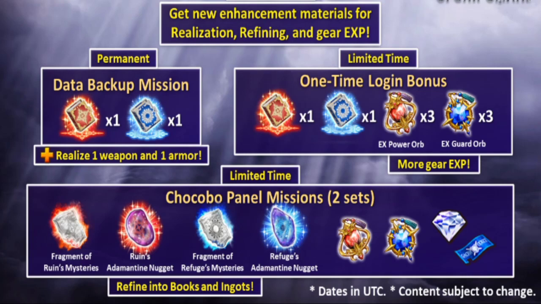That's also why I have currently in my global account nearly 9,999 power orbs and guard orbs, 4-star, for the EX Plus era. I've been super grinding. There will also be chocobo missions for pages and nuggets and orbs and diamonds and tickets like usual. But you're probably wondering,